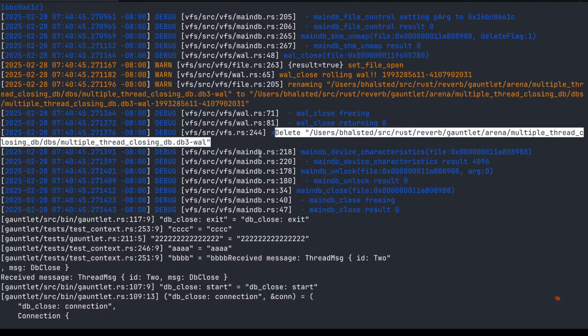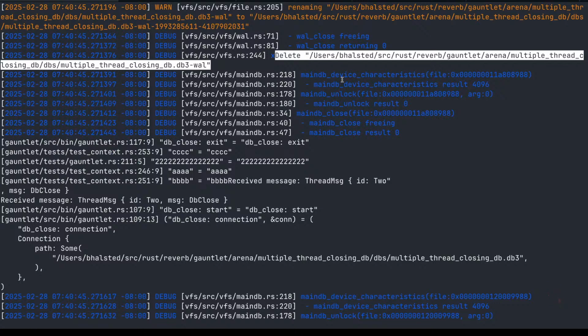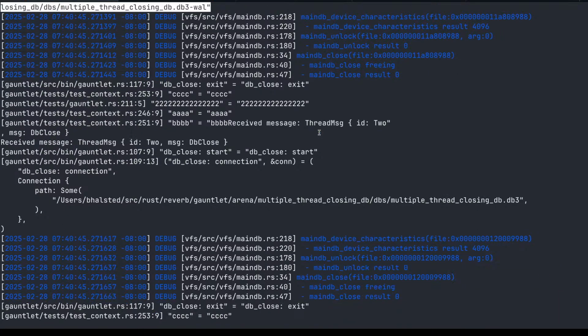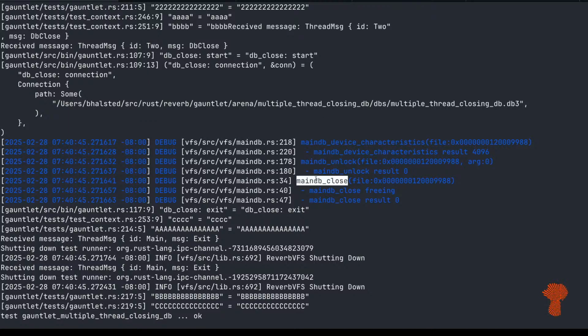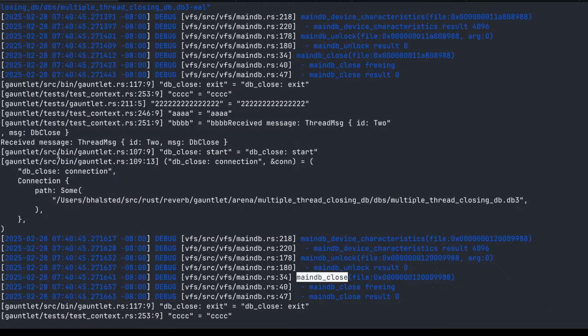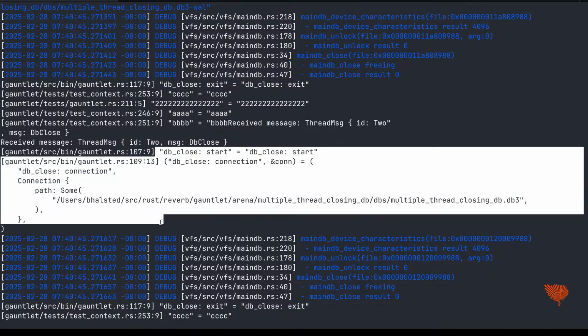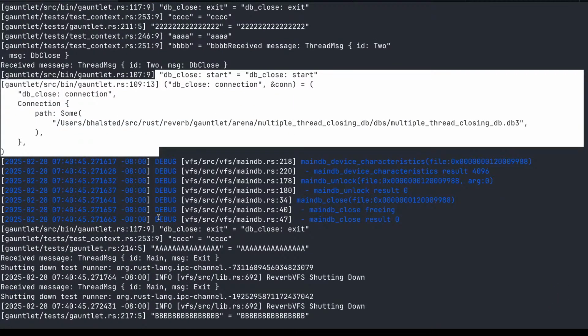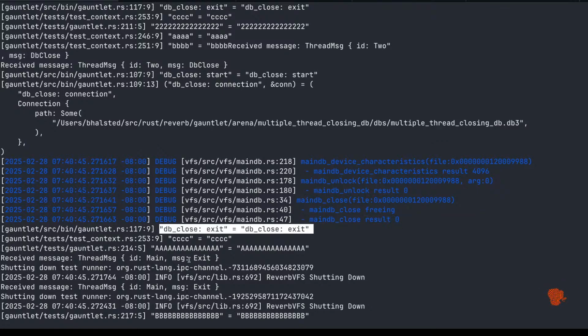Delete the WAL log after we rolled it. Fine. And then we close it. No, that's the main DB. Then we're told to close it a second time. Oh, it never finishes. Oh, I'm incorrect. It does.